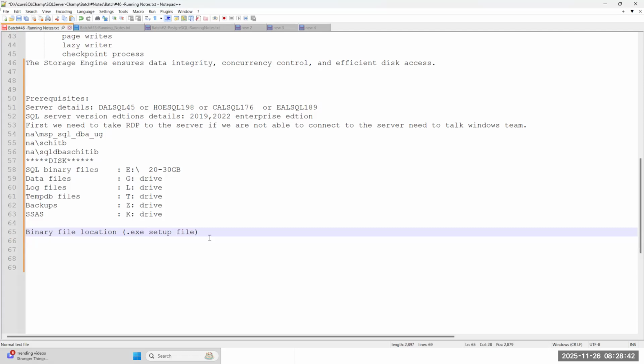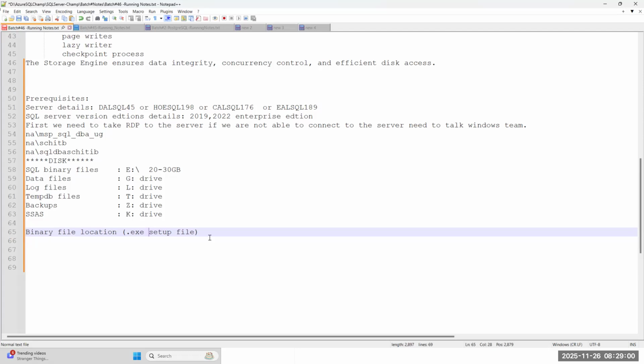Either you will copy or AppStream will copy. So majority of the time, both are almost equal, or sometimes you will copy the setup file, sometimes AppStream will copy. You don't have any control. For example, if AppStream will copy the setup file to the server, you need to again drop an email